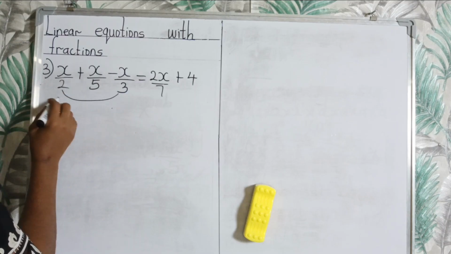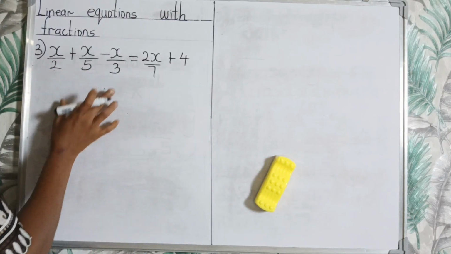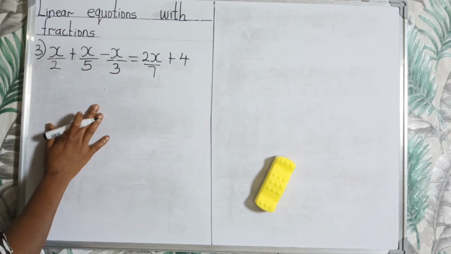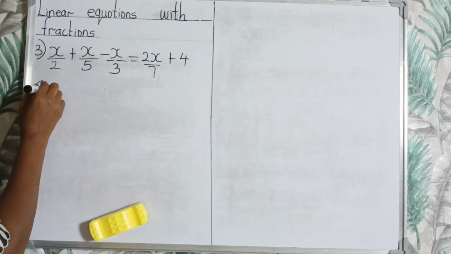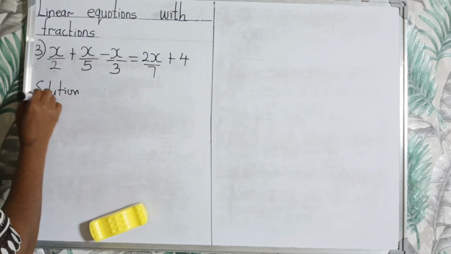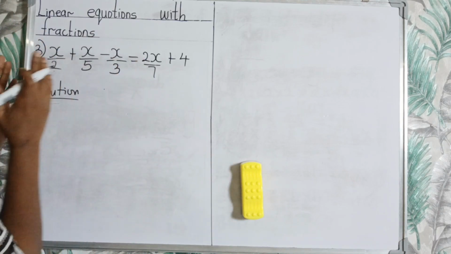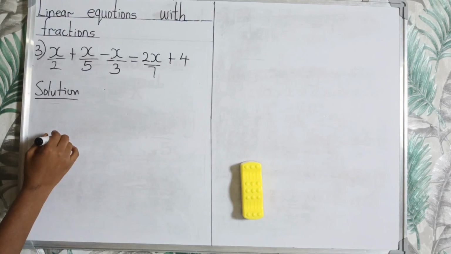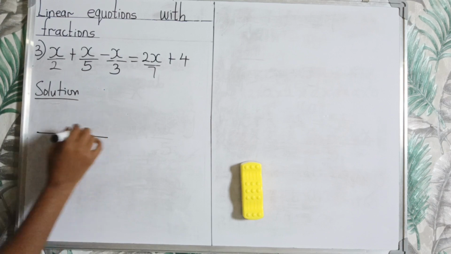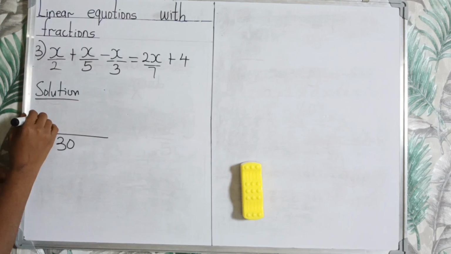The common denominator here is 2 times 5 is 10, and 10 times 3 is 30. I'm going to write this part as a single fraction. So my common denominator here is 30. So I have 30. Okay. 30 divided by 2 is 15. 15 times x is 15x. So I have here 15x